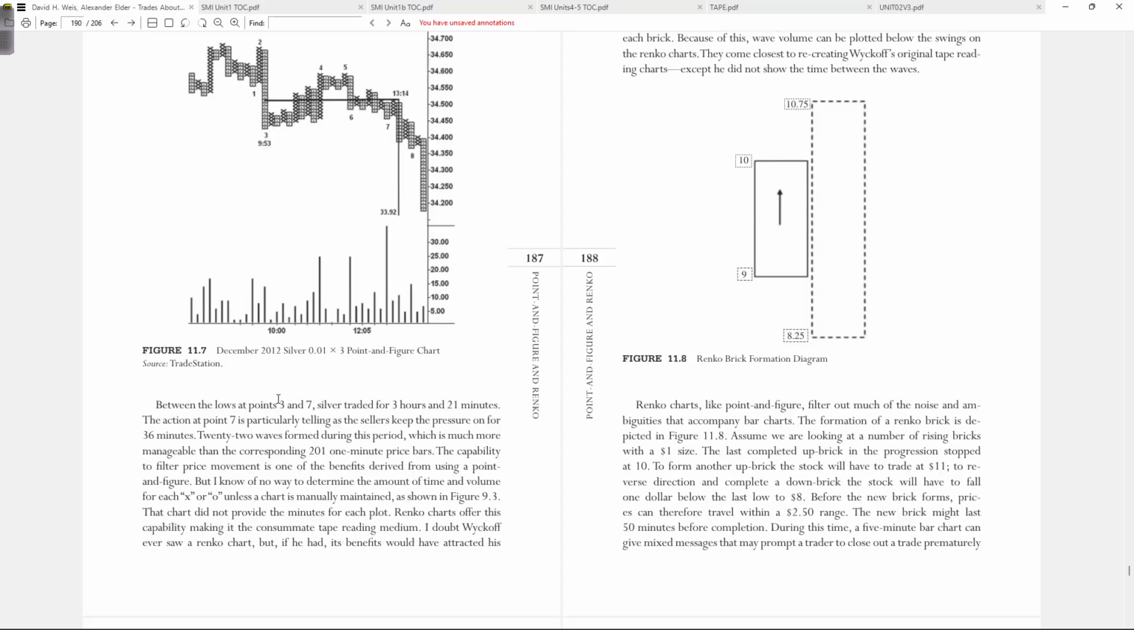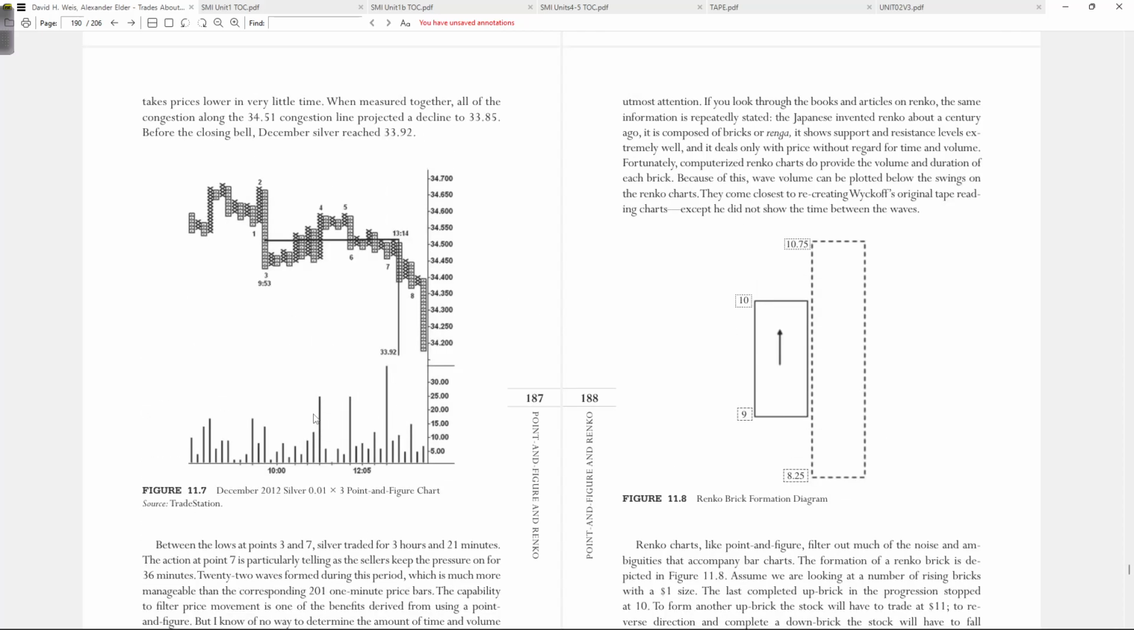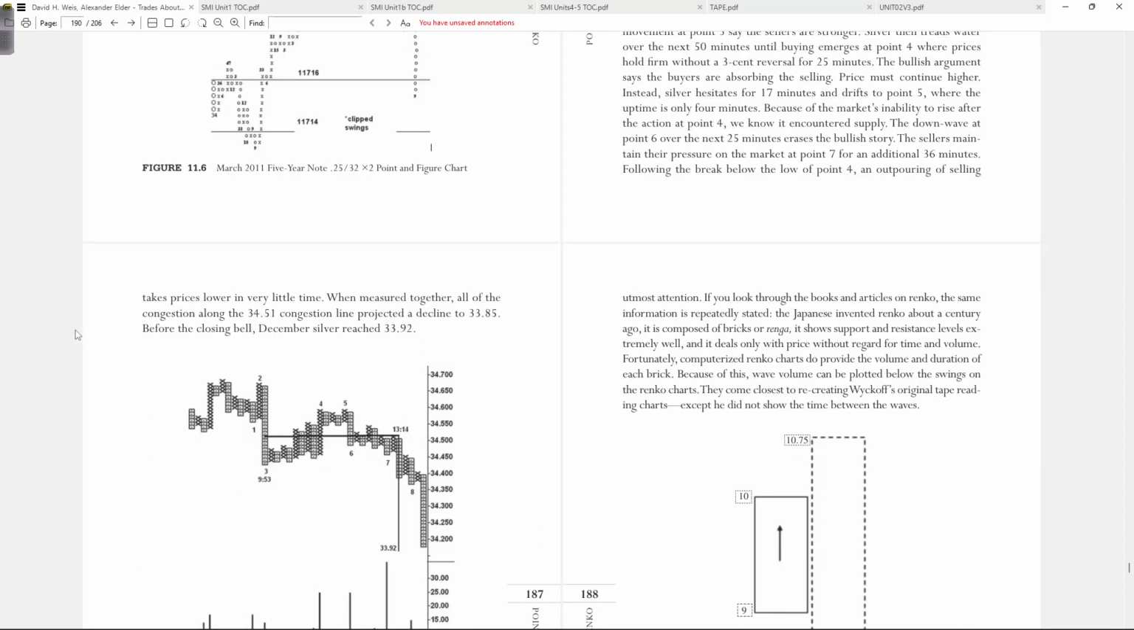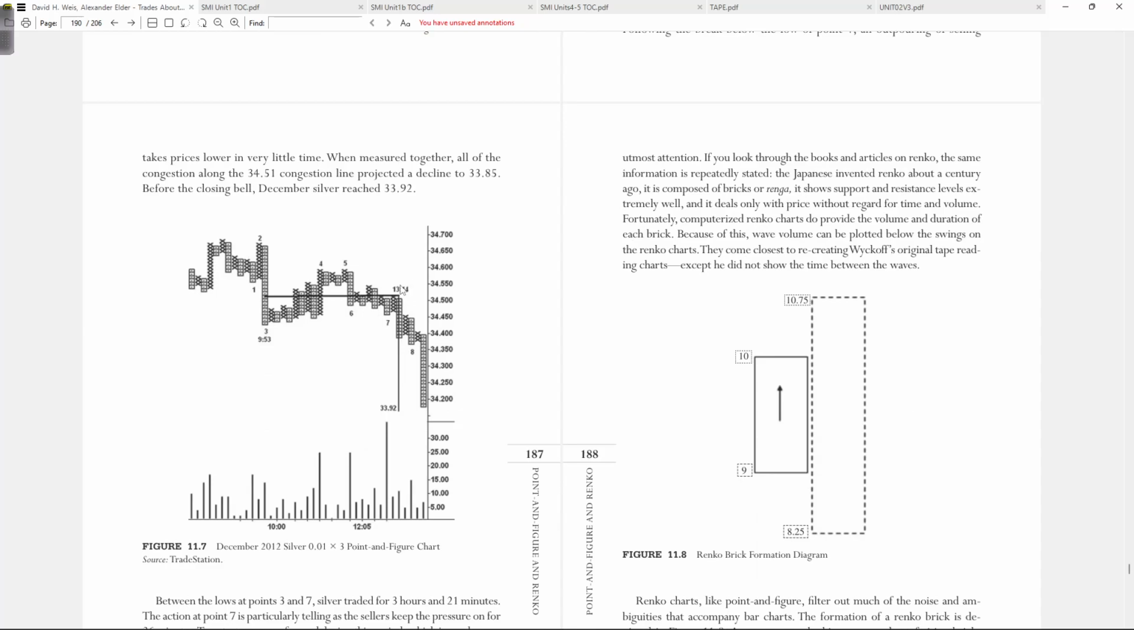An outpouring of selling between the lows at point 3. An outpouring of selling takes prices lower in very little time. When measured together, all of the congestion along the 34.51 congestion line projected a decline to 33.85 before the closing bell. December silver reached